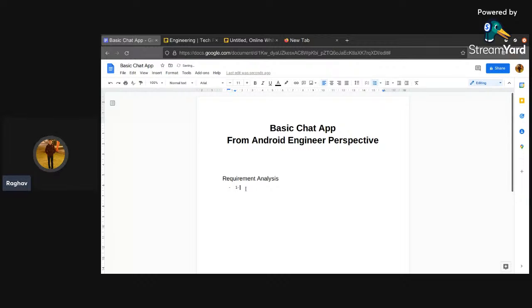Will that be a one-to-one interaction, or will that be a group interaction? For our case, let's be really simplistic with the approach. So my requirement is to build an app which can offer a one-to-one interaction between